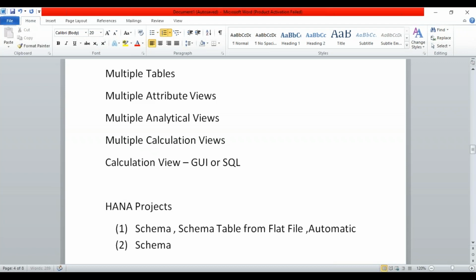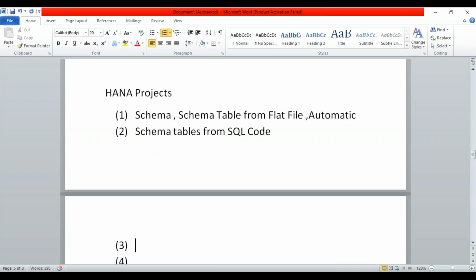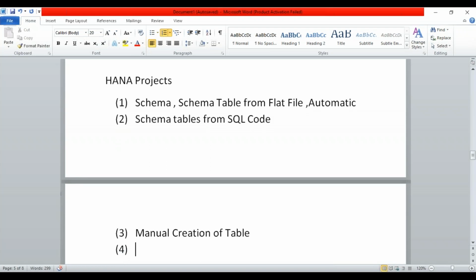Then we have the schema tables using the SQL language. We can write SQL code, and then we can manually create a table. Not the auto creation but manual creation of a table. This also we can have. Then we'll go ahead with the creation of